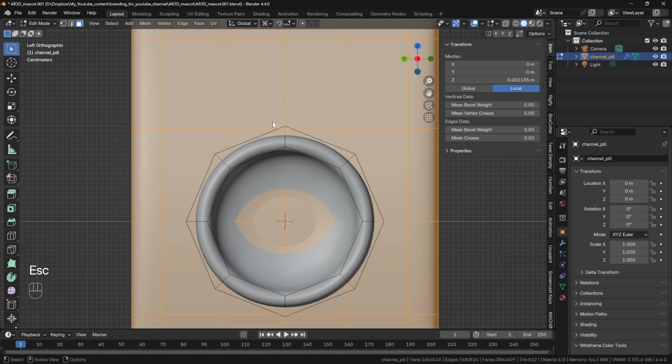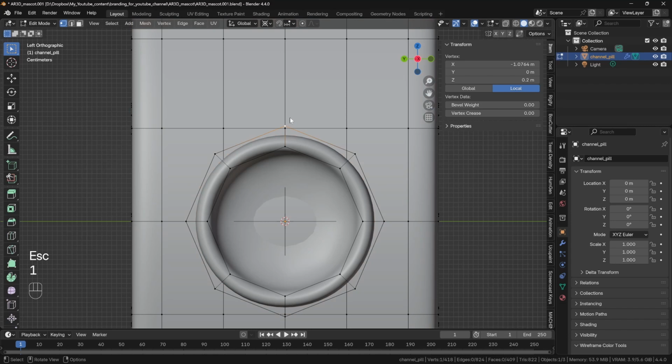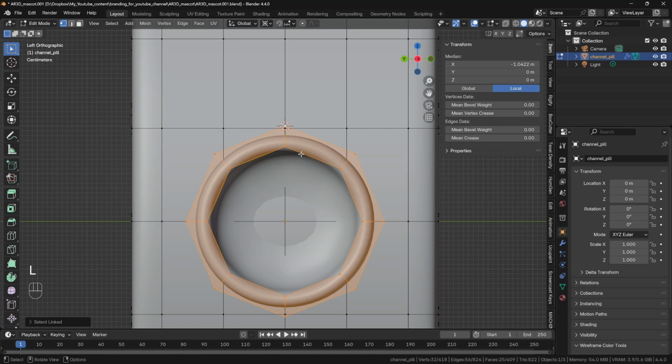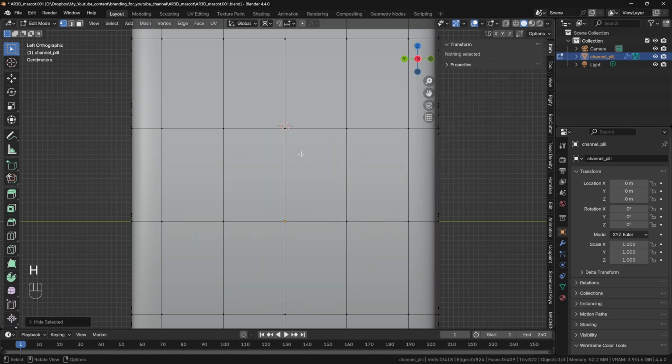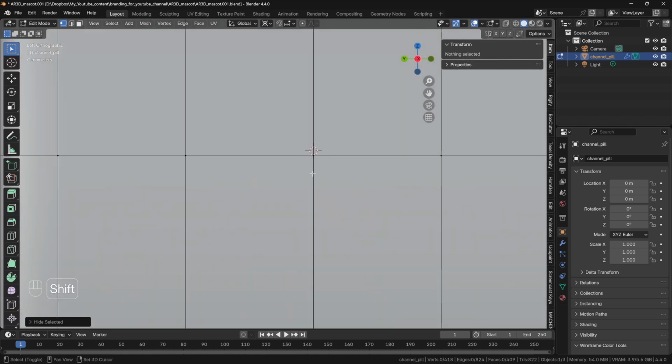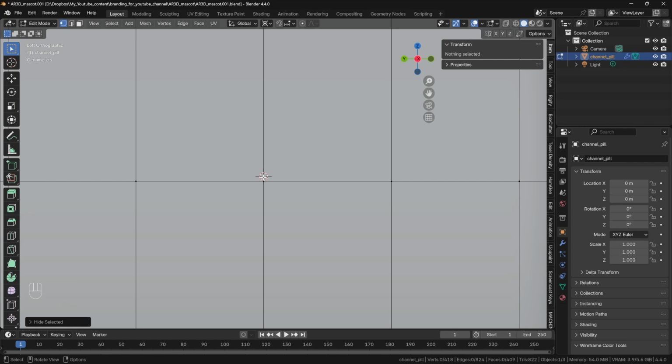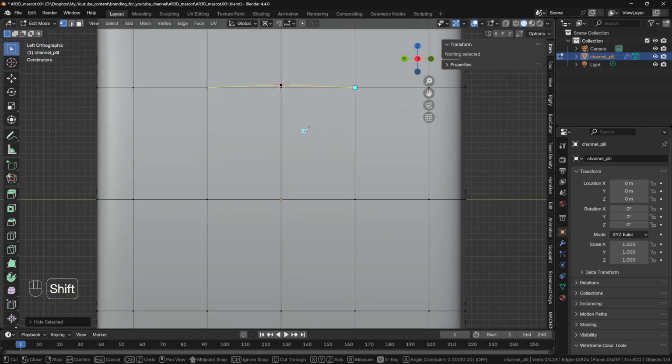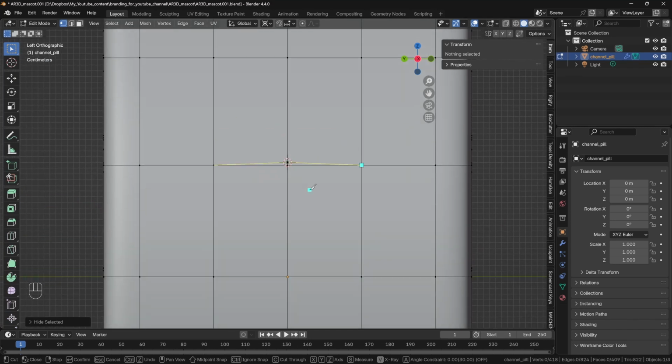Actually, yeah. What I'm going to do is select this vert, snap the cursor to it, and select all this geometry and hide it. So now I have a visual representation of where I want to... It's a bit picky, but what I want to do is just make sure that